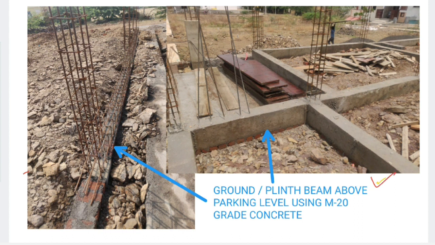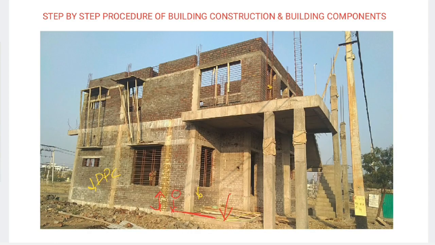Ground beam means it is at the parking level. Here in this figure you can see the parking level is here. That's why I said earlier, if the beams are not obstructing anywhere in the parking, the level of the beam can be above the parking level. That means the bottom of the beam level should be above the level of parking. If it is obstructing anywhere, in that case the top of the beam should match with the top of the parking level, as it is there in the first figure. Here you can see.